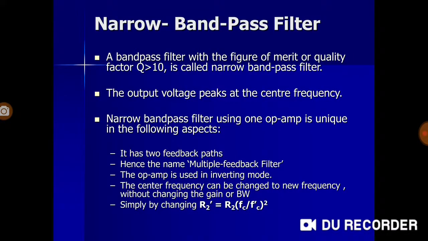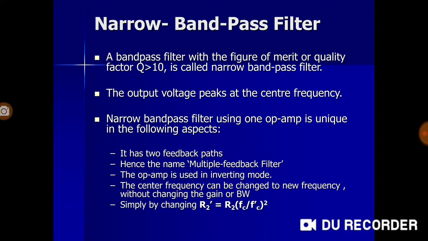Now we come to narrow band pass filter. For narrow band pass, obviously the criteria again becomes the selectivity, frequency selectivity, because the band pass filter that we are talking of should be narrow, means it should select only a few frequencies and not beyond that. It should have higher selectivity, so the quality factor should be greater. That is the basic understanding that we need to have.